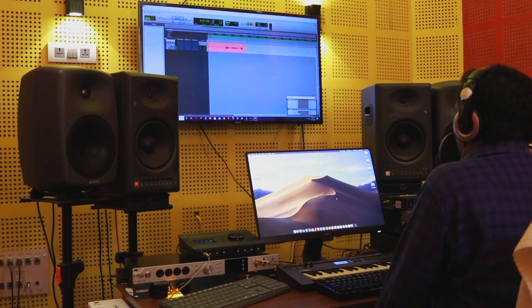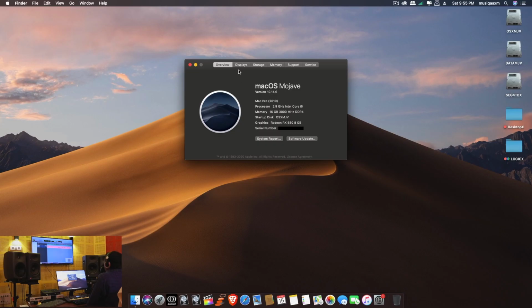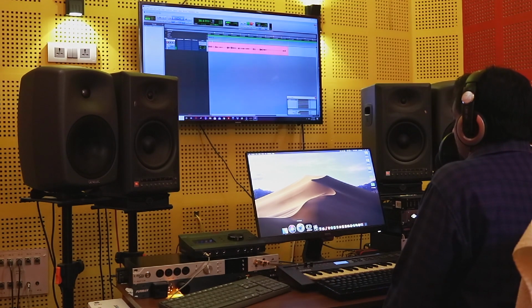Today we are going to check the Antelope launcher on macOS Mojave. So these settings are applicable to other devices like ZenTour, ZenStudio, Orion Studio Revision 2017. The system is running macOS Mojave 10.14.6 with all the latest security updates. It has a Core i5 9th Gen processor, 16 GB of DDR4 3000 MHz memory, and a Radeon RX 580 8GB graphics card. Let me start the Antelope launcher first.